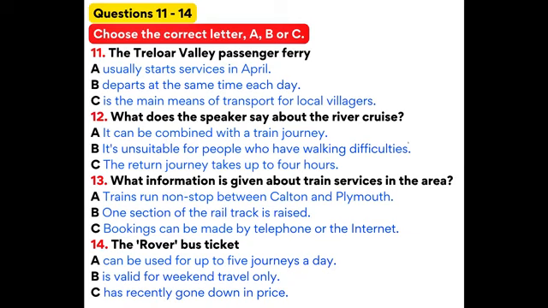Trains run several times a day throughout the year between Calton and Plymouth, with various stops in between. They are used by both local commuters and tourists who want to enjoy the beautiful scenery. The highlight of the journey is crossing the river on the stunning viaduct, which was built at the beginning of the 20th century and towers 120 feet over the water. It is unnecessary to book, and tickets can be bought on the train. For information about fares and timetables, contact National Rail Enquiries by phone or online.